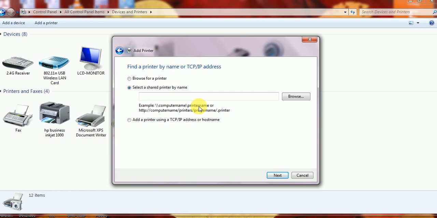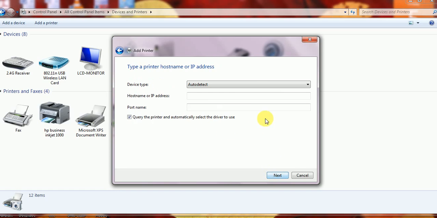And if it is not used by you, then you can try this, add a printer using a TCP/IP address. That is, if I have a printer on the network with a LAN card attached to this printer, then add the printer using TCP address. Then it will give the options for the IP address of this LAN printer. So if we have a LAN based printer, that is a network card exists in the printer, which is a network printer, then you can give this printer IP address and access, and it will automatically connect to the printer and